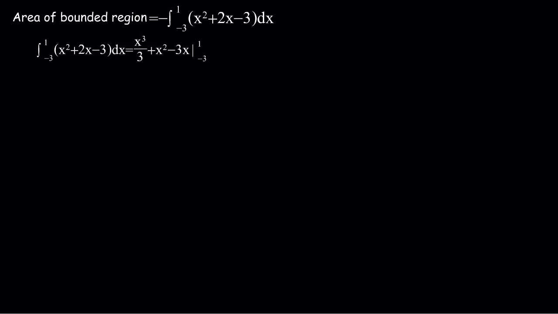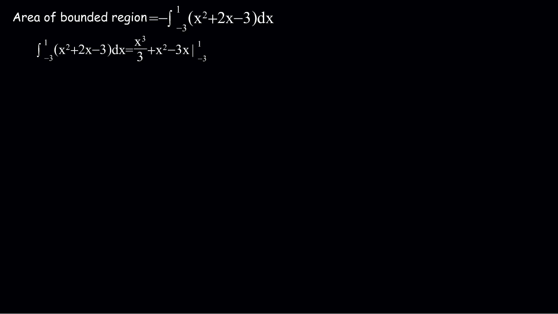Final part of our question, the area of the bounded region. Since the bounded region is below the x-axis, it's going to be the negative of the integral of our function, using our upper and lower limits gotten from the sketch. Now, doing so, the area of our bounded region will be equal to minus the integral of s squared + 2s - 3, with our upper limit being 1 and our lower limit being -3, and integrating, it becomes